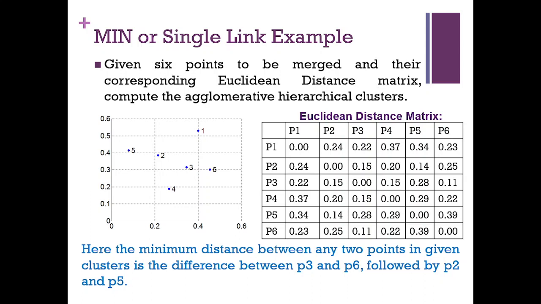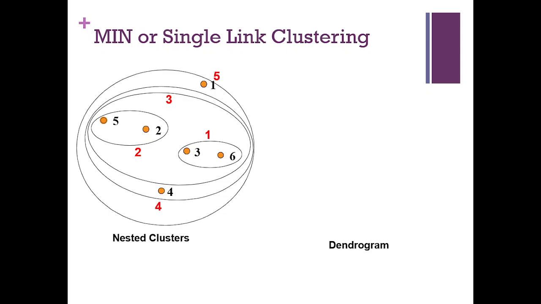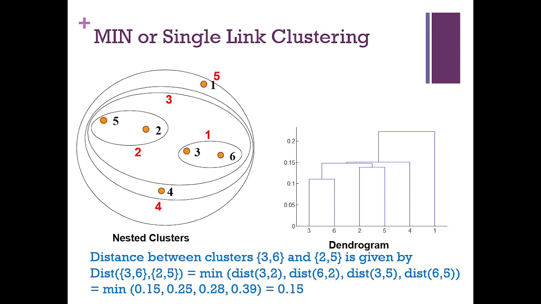So first we are going to merge P3 and P6. Then we will update the proximity or distance matrix. After 0.11, we'll compute the new matrix, but which is the next minimum value? It is very clearly showing the next minimum value is P2 and P5, 0.14. So after P3 and P6, we will be merging P2 and P5. Now let's discuss how. First 3 and 6, then 2 and 5, then they will be merged amongst themselves. If we are performing min link, this is going to be the clusters,